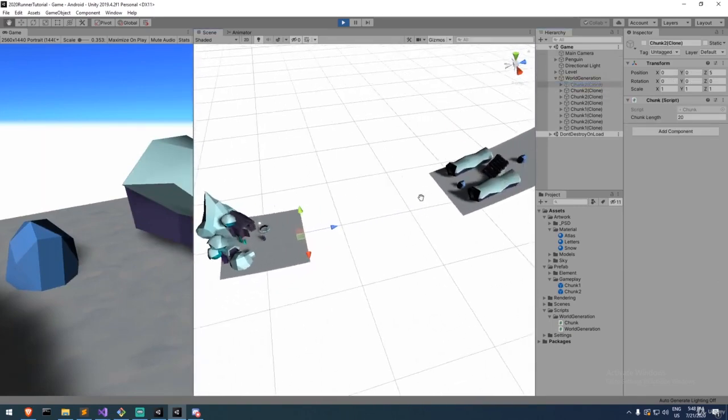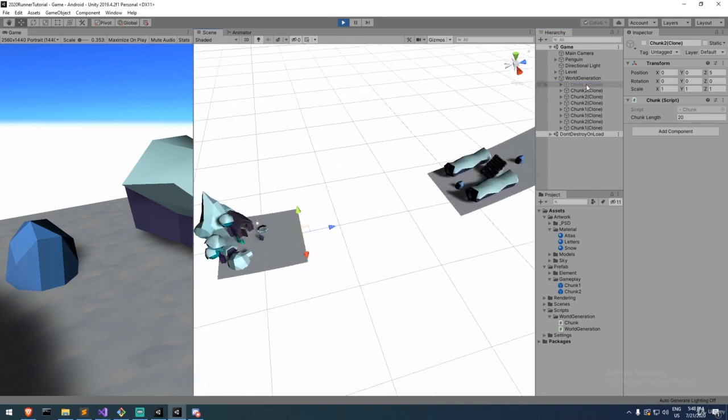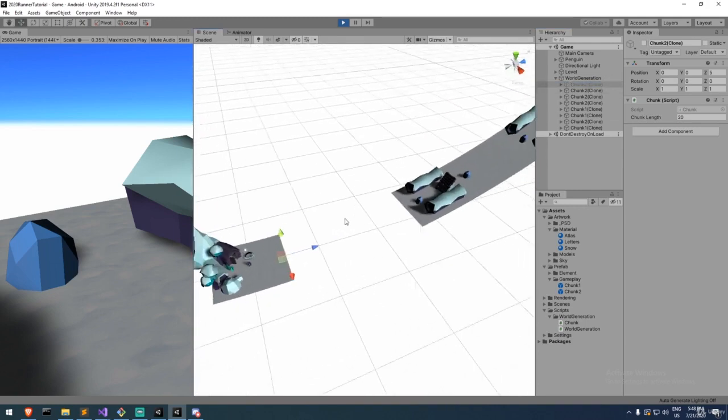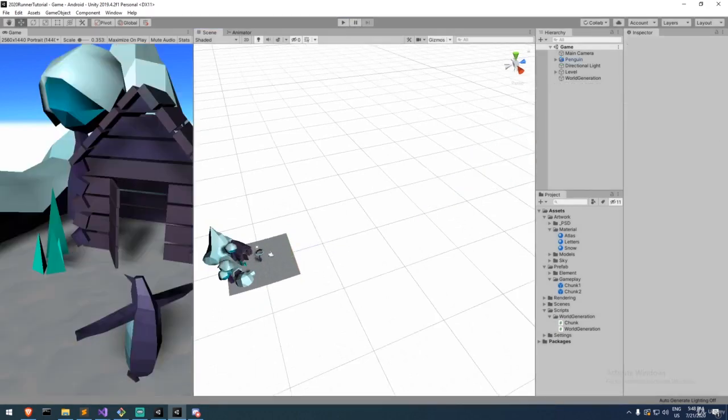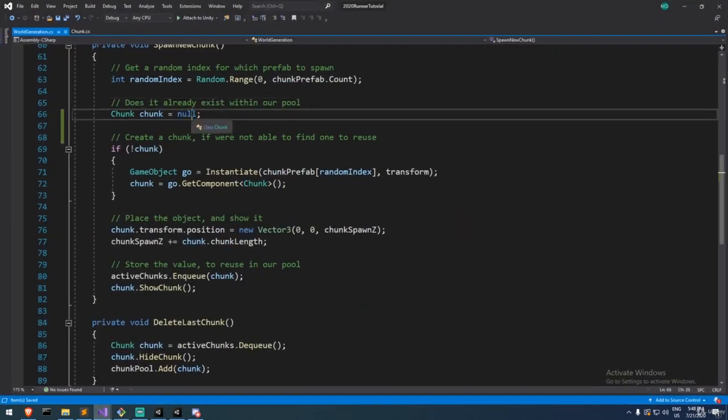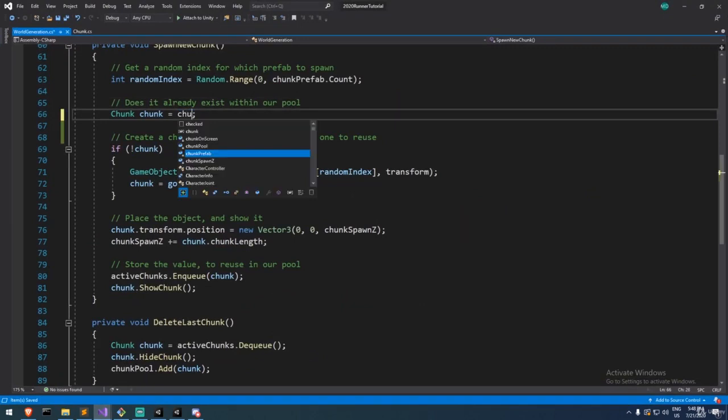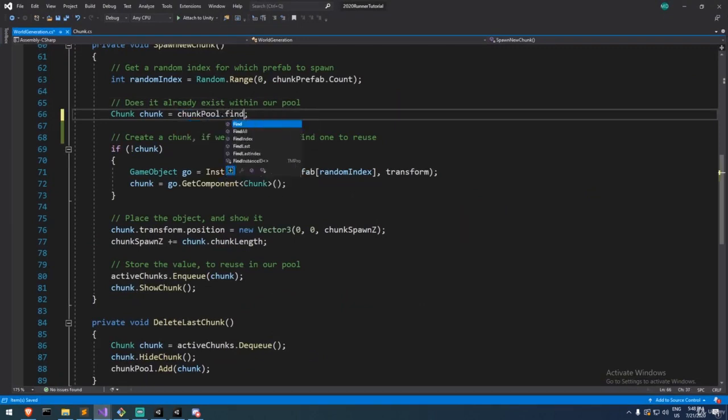And we need to know, okay, so chunk 2 is in the list right now. We need to look for it, and then we need to activate it. So here is what we'll be doing. We are going to boot up our script, and over here, we will write chunkPool.Find. Now, this is part of LINQ, but it's actually quite fun to use. It's a little bit complicated. We'll call our chunk X, and then we'll do a delegate into